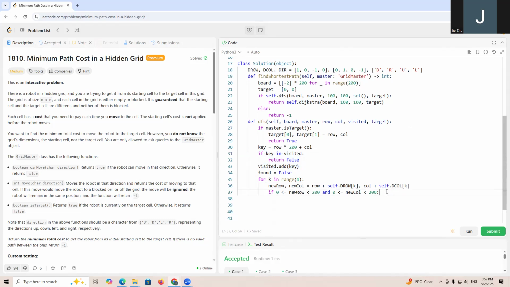So we don't need to have new key anymore because we are in the DFS main function here, right? So if this new column is in range, then what we are going to have a board